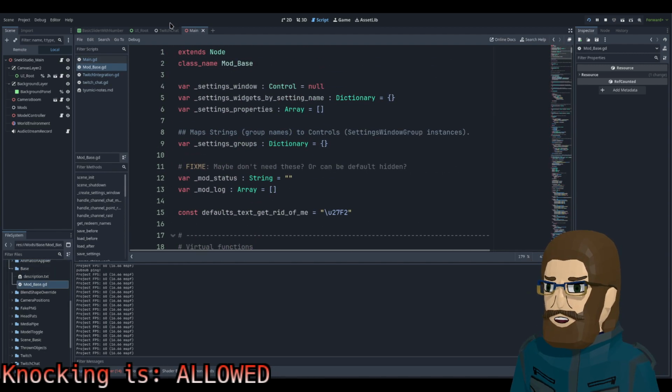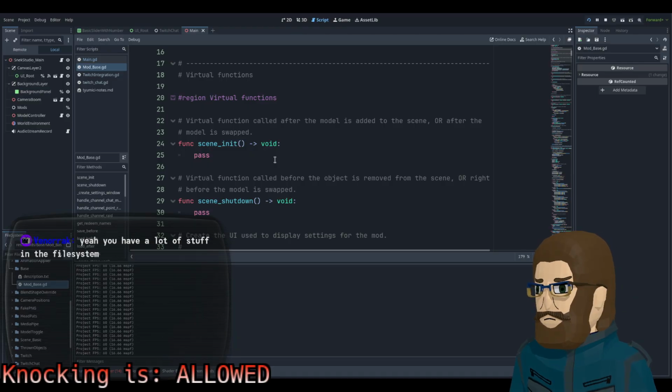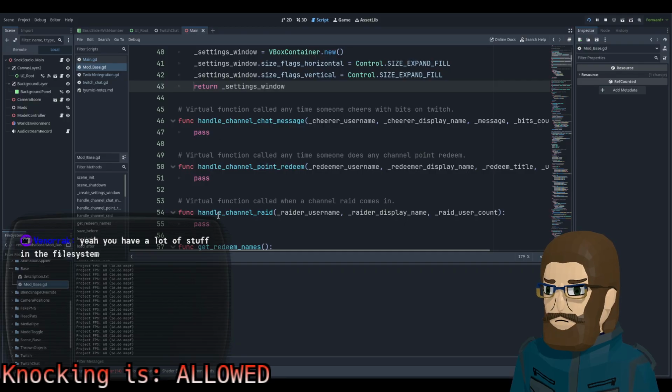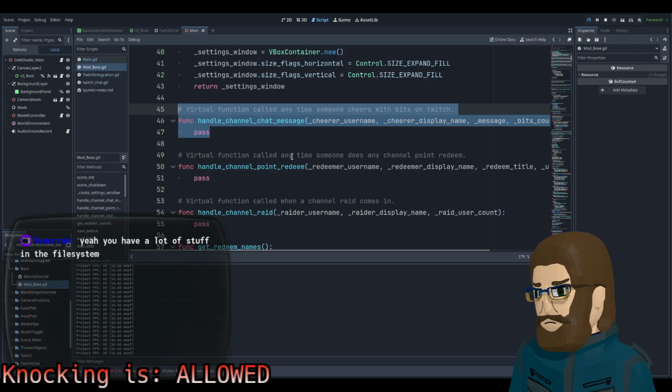Yeah, so everything's extending this generally. A lot of stuff in the file system. So these handlers here, these are what we care about, or specifically just this one.